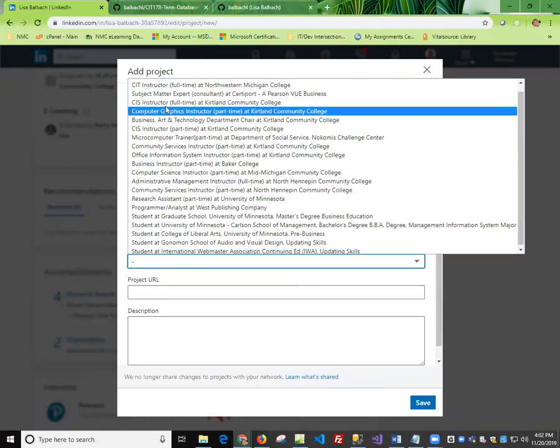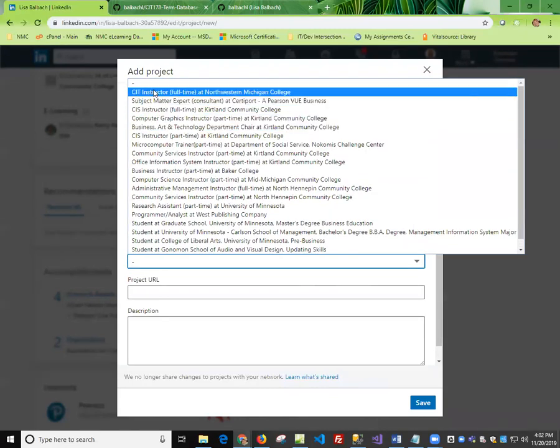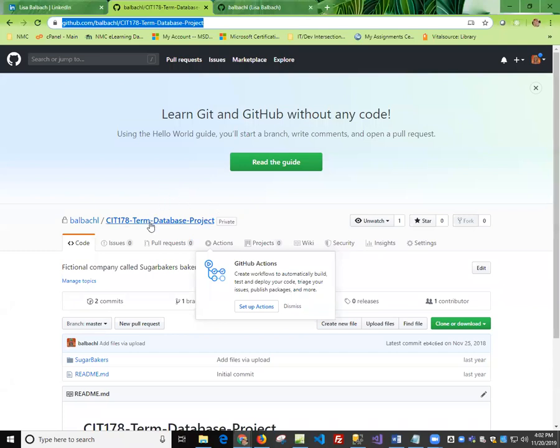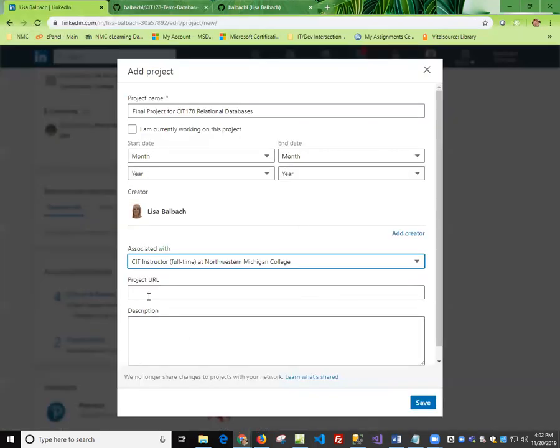Associated with, you should see a student role in here. I'm going to basically select my instructor role, and then you're going to want to pull up your repo, highlight your address and copy it, paste it right in here, and then you're going to be adding a description. Okay, and so we already said it was the final project, so we'll put description,